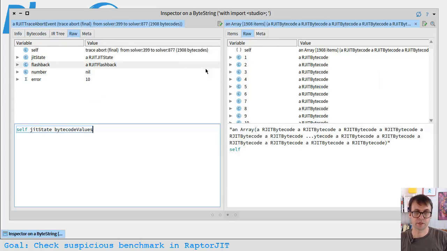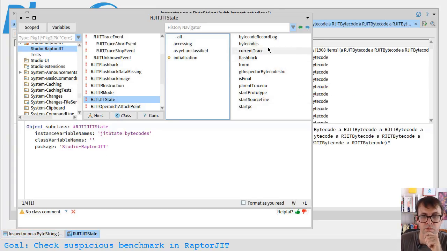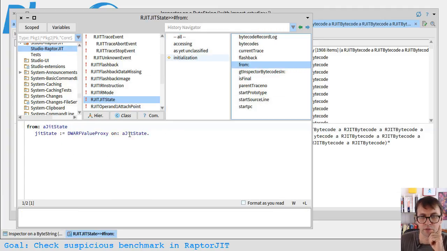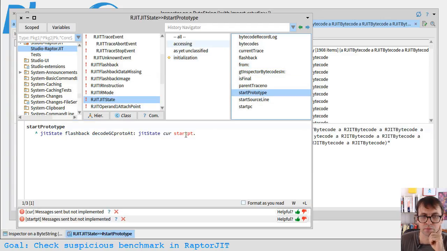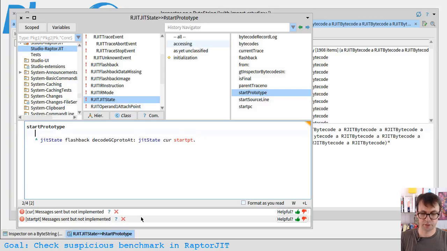Let's check if that makes sense. Here we have the JIT state object, and we decode that. Okay. So every time we want to touch the prototype, we are doing a new decoding of that. So again, I don't have a kind of grand unified vision for how to do the caching in the user interface yet, in a good way. But I feel like I'm doing it incrementally, and each time we get a little bit better of an idea, a little bit closer to